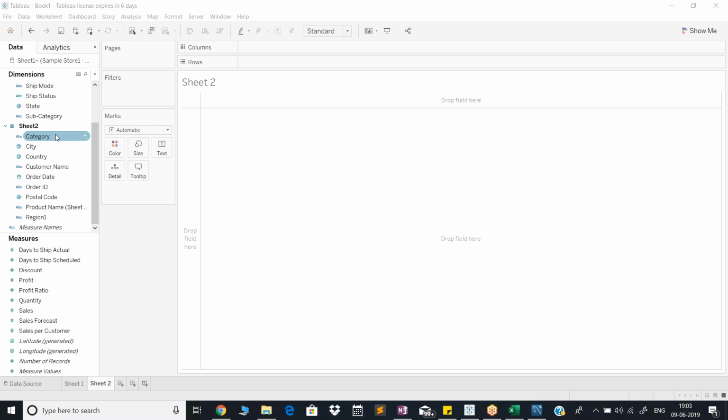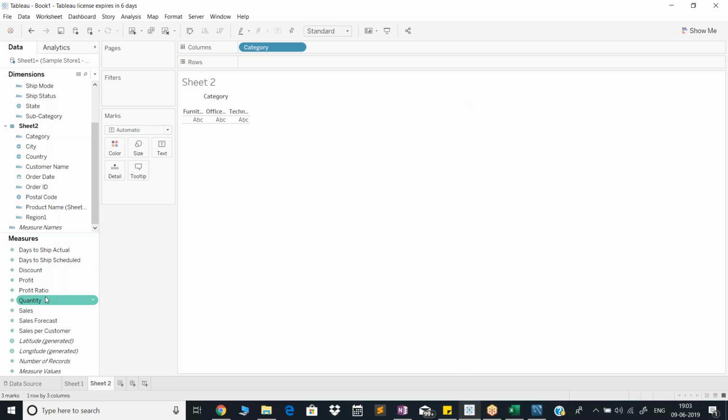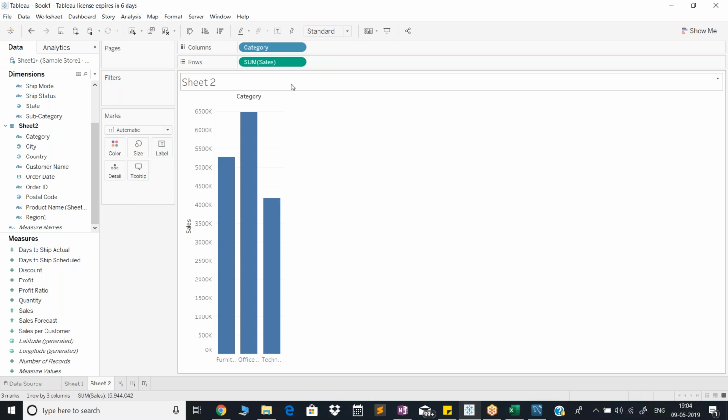Okay. So drag and drop category here. Then we spoke about sales, right? So drag and drop sales here. So you get to know the category wise sum of sales. Now I'll tell you, this is a very interesting learning. Now I want to color them using subcategories. So what should I do? If I want to color them using subcategories,